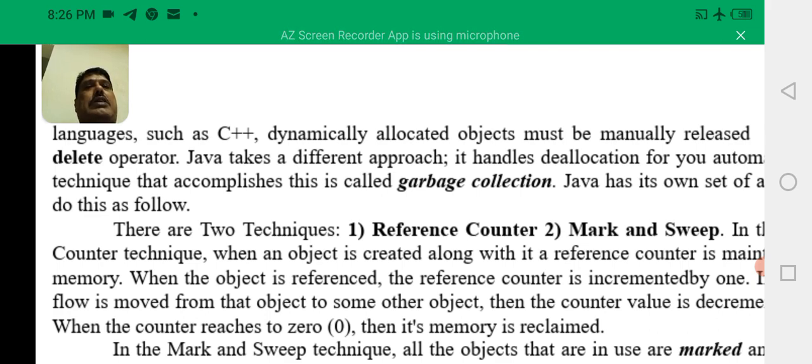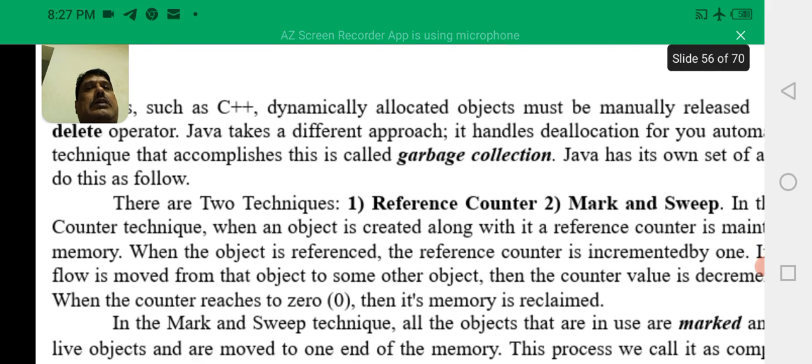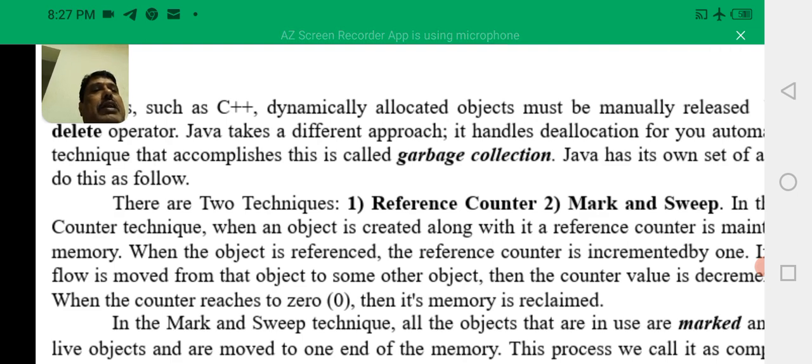As soon as an object is created, the counter will be incremented by 1, and as soon as the object functionality is completed, the reference counter will be decremented by 1, such that the memory occupied by the object will be cleared. So that's how the reference counter is used to collect the garbage or to clear the memory.